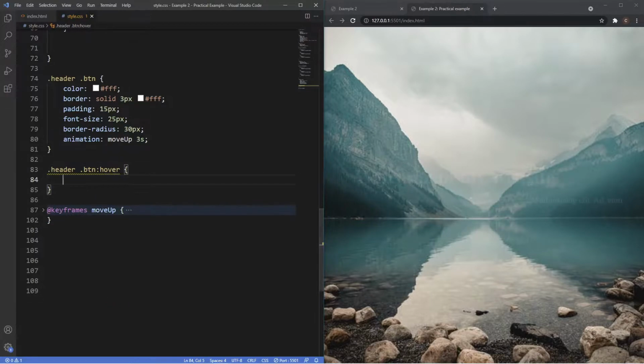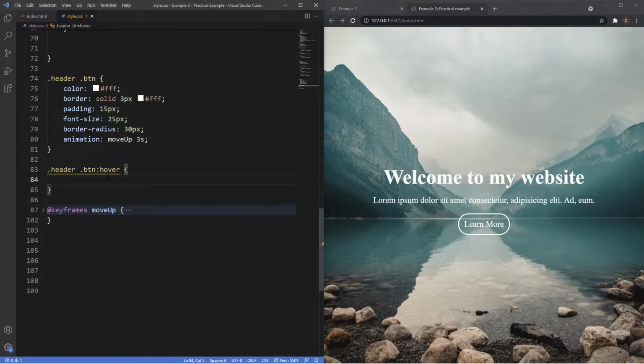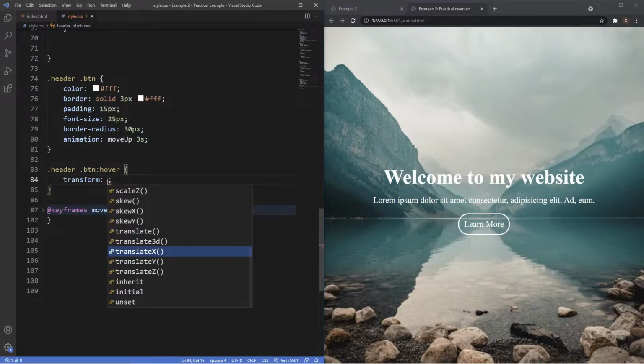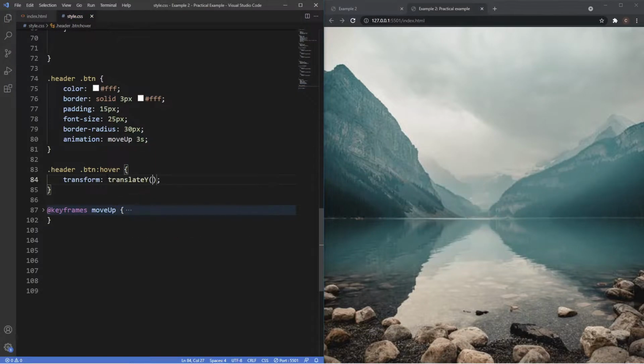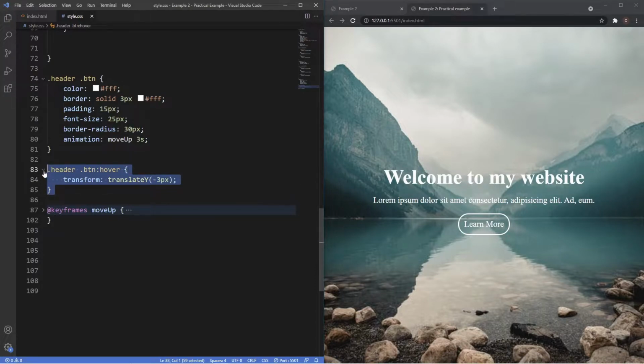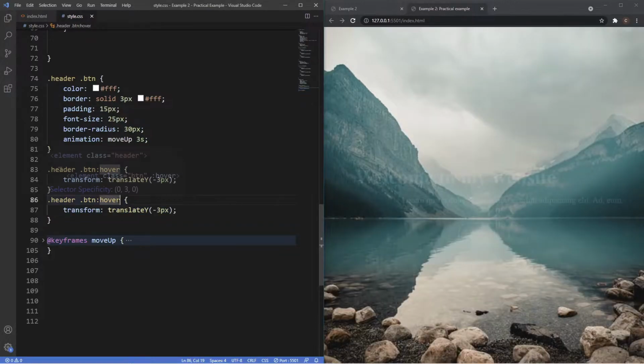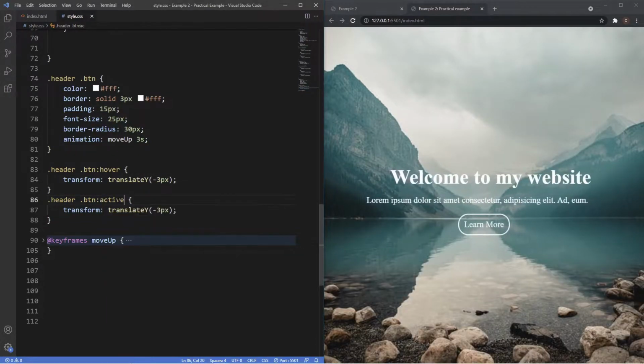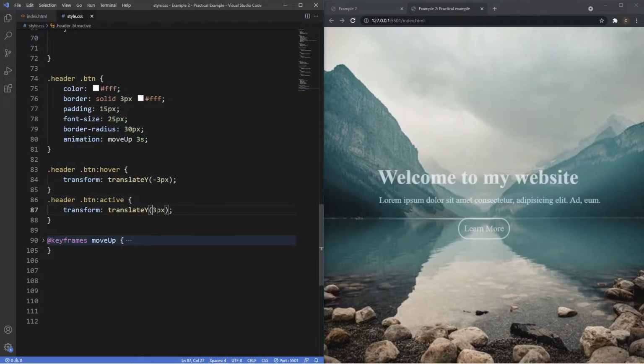and then we want this to be, let's grab the transform property, and let's just translate this on the y-axis by about -3 pixels. So when we hover over this, after the animation is complete, you'll see the button now pushes up by 3 pixels, and then we want it to push back down, so we'll use the active pseudo class. So we'll grab the same thing here, and then instead of the hover, we'll say active, and then we'll just say -1